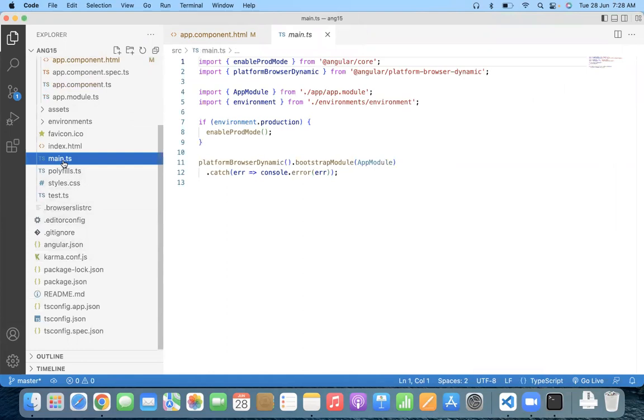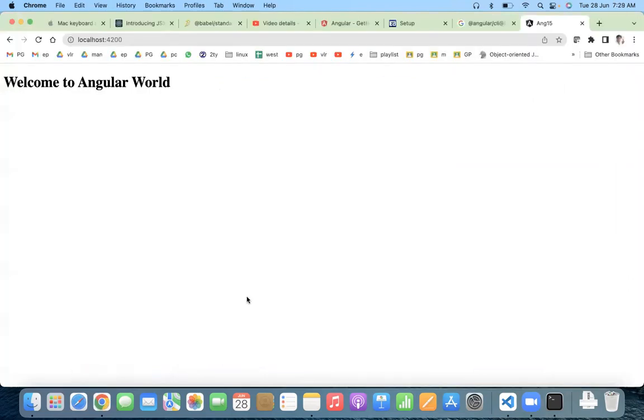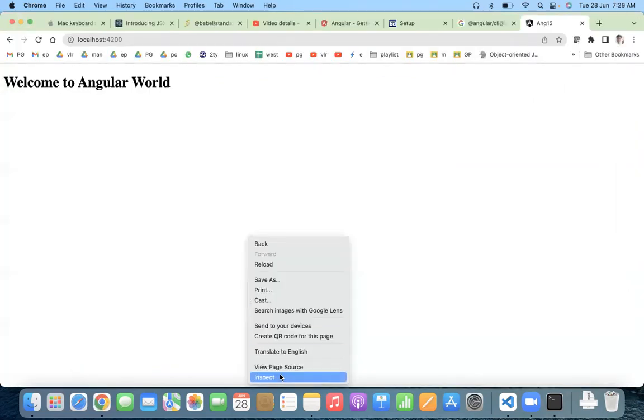Whatever code you have written, all that code will be bundled together to form the main file. And all this code will not be served. Only 5 files will be served. That is what I said, right? So let us open the